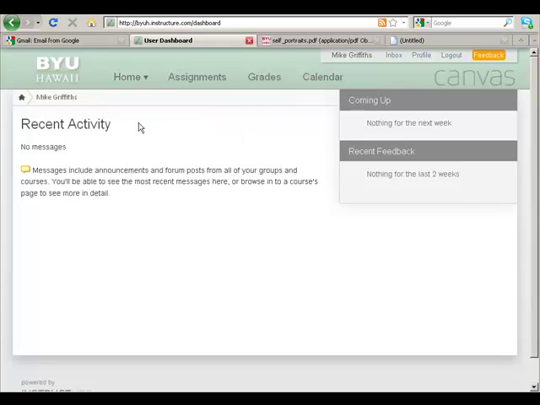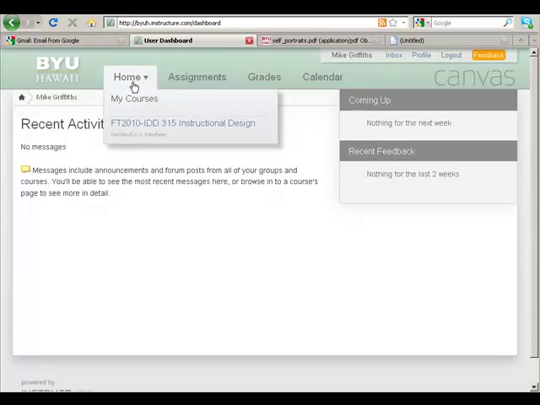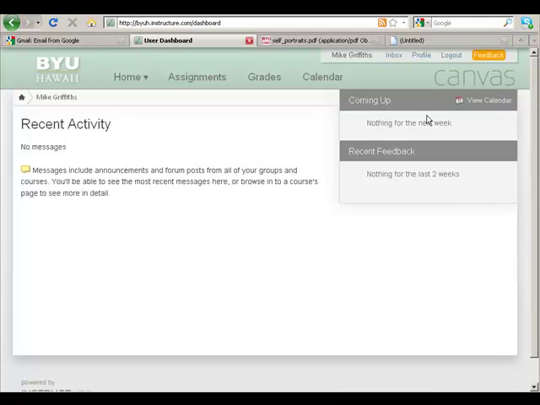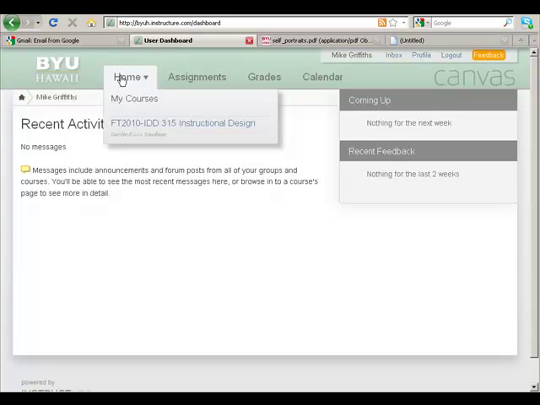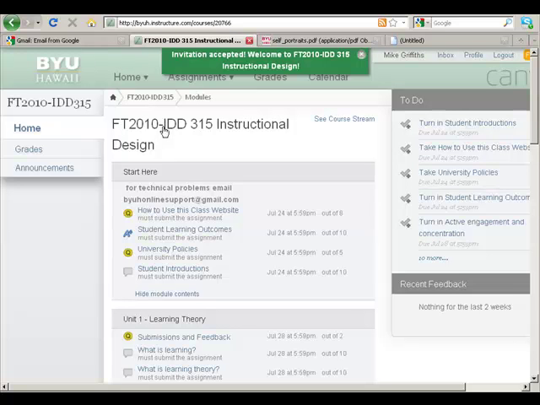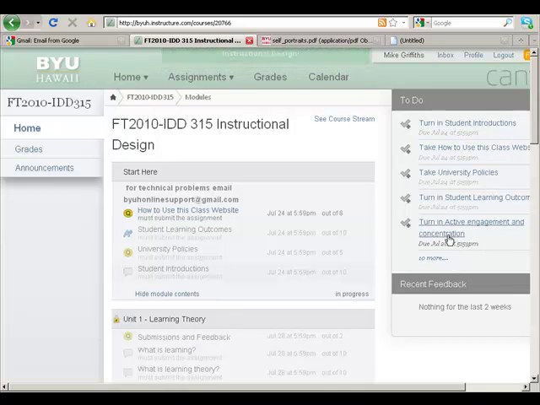Look at this: the home button. You hover over it, and it will bring up a list of your classes. Many students have made the mistake of never doing this, and they just use the coming up list or the calendar to see the classes. It's much better to hover over the home button and click on the class itself. When you click on the class,